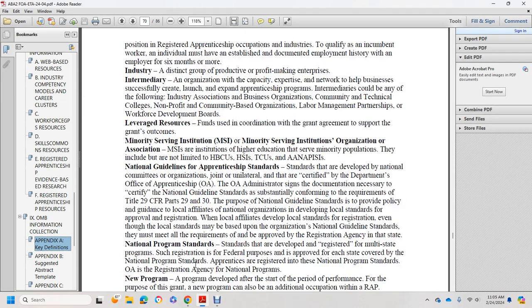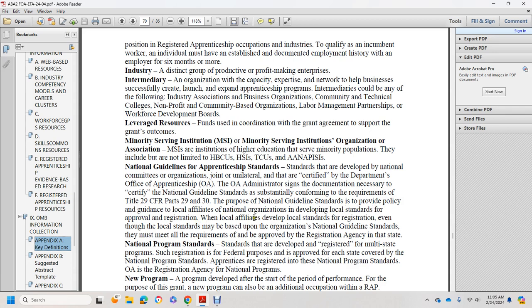National guidance for apprenticeship standards. National guideline standards are developed by the national committee of the organization, with joint or unilateral sponsors, and are certified by the Department of Labor, Office of Apprenticeship. The Office of Apprenticeship provides the administrative assignment and the documents necessary for certification. The national guidelines conform to the requirements of Title 29, Parts 29 and 30. The purpose of the national guidelines is to provide policy and guidance, and local affiliates of the national organization develop a local standard